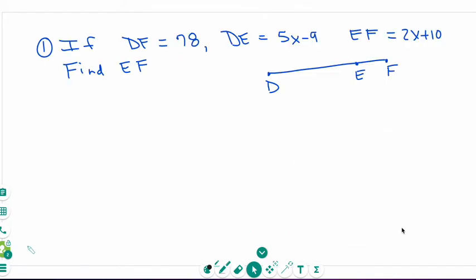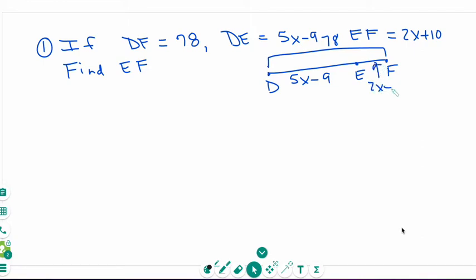All right, now we're going to work with line segments. We're going to label what we know. DF is 78. DE is 5x minus 9. EF